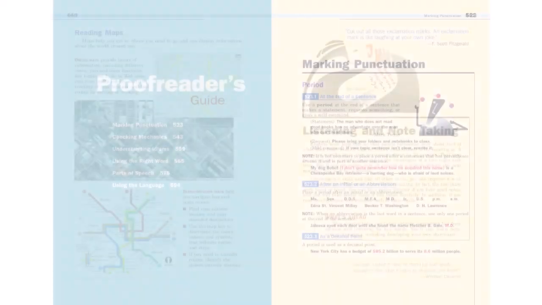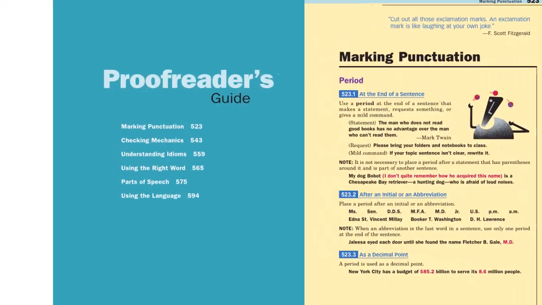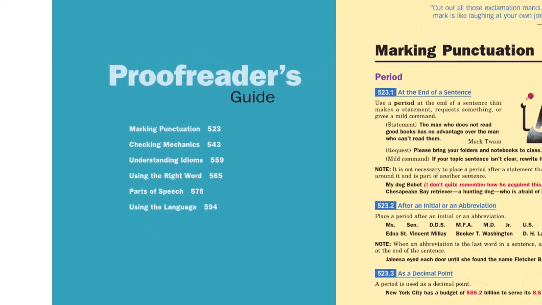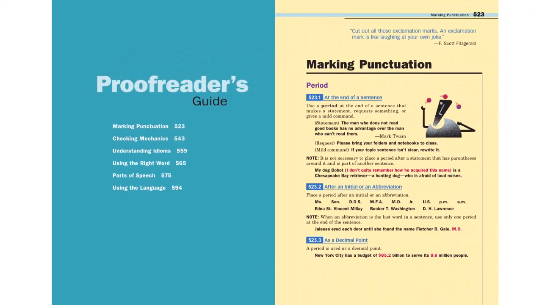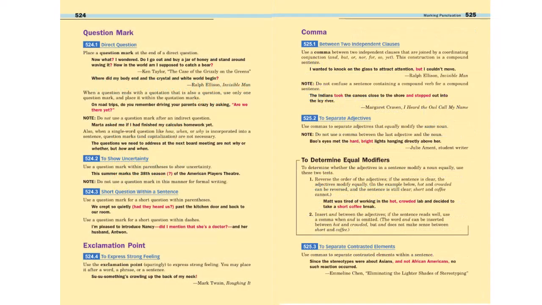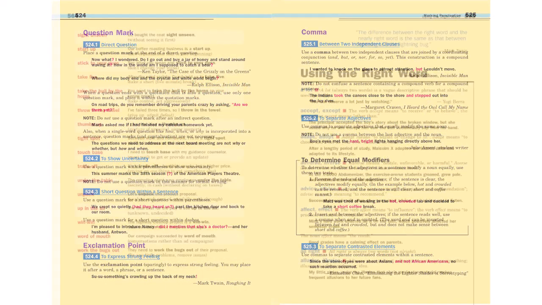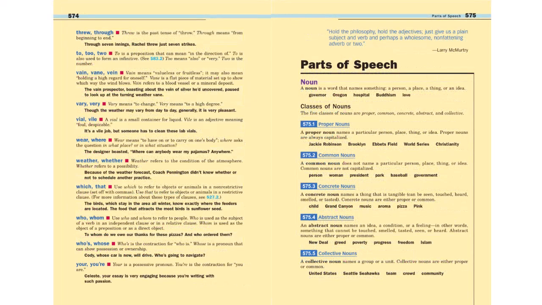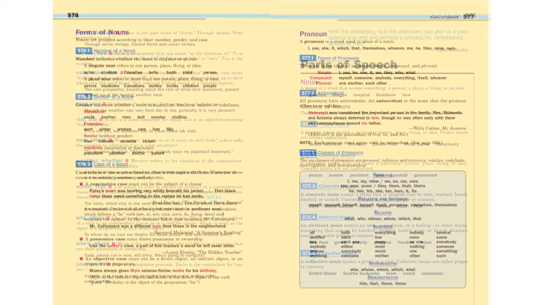Now let's take a look at the Proofreader's Guide. It has sections on punctuation, mechanics, idioms, usage, the parts of speech, and using the language. This first page provides rules and examples for periods. Then we see question marks, exclamation points, and commas. There are sections on idioms and using the right word, as well as the parts of speech, such as nouns